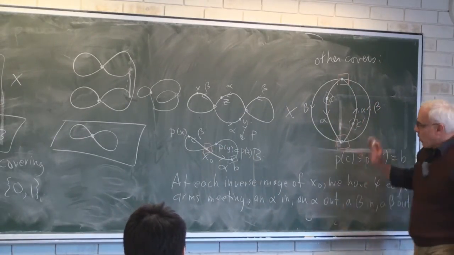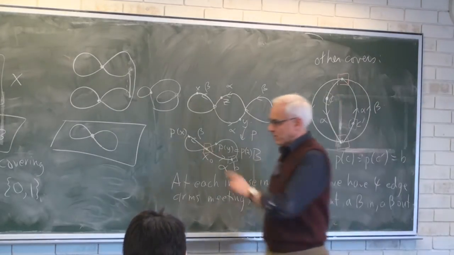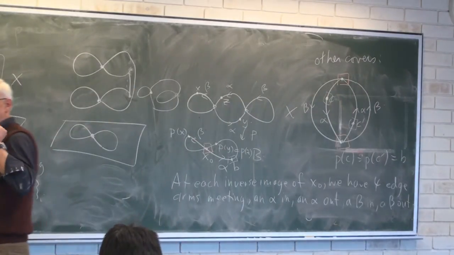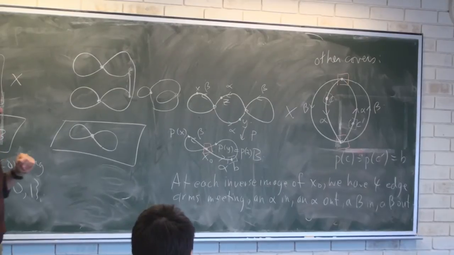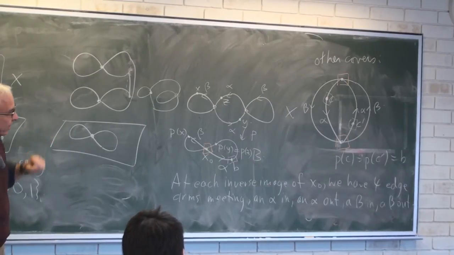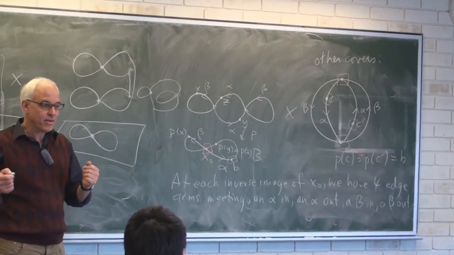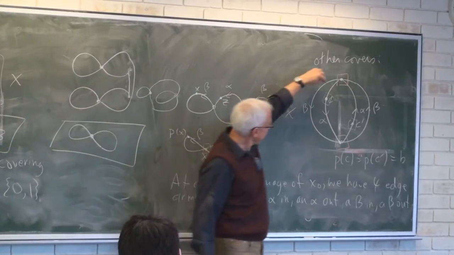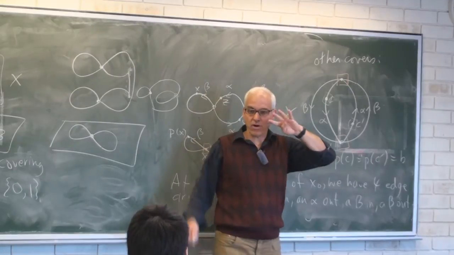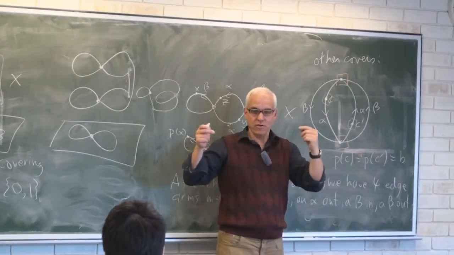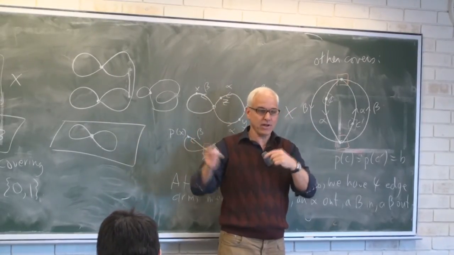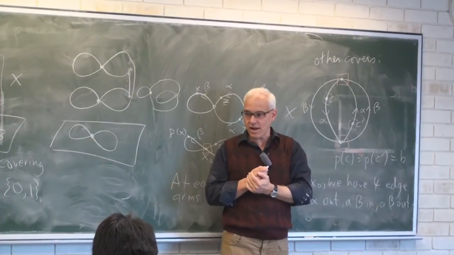Okay, so this is all what's required to get a covering space of this B. All we need is a graph that has this sort of property, that the edges are all labeled alphas and betas, so that at every vertex, we have 4 things coming in. 2 of them labeled alpha, 1 going in, 1 out, and 2 of them labeled beta, 1 going in and out.